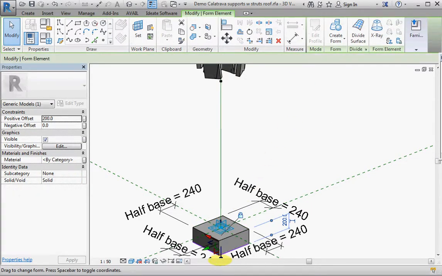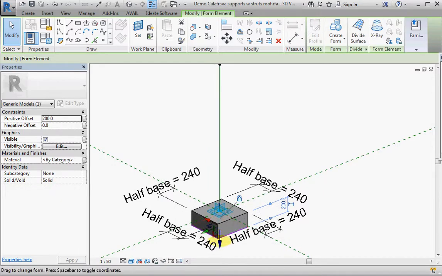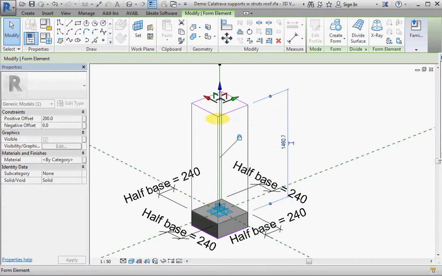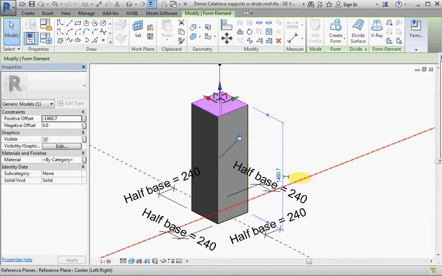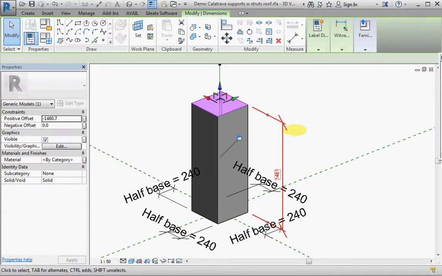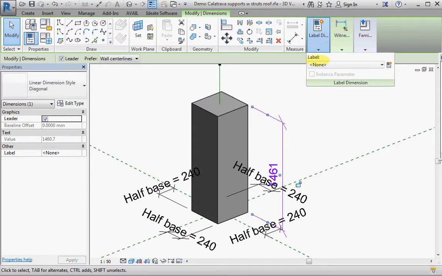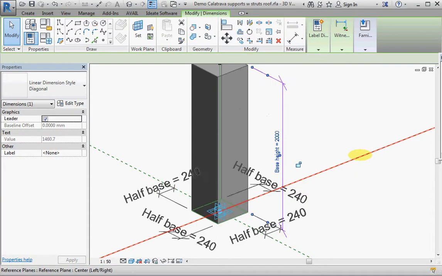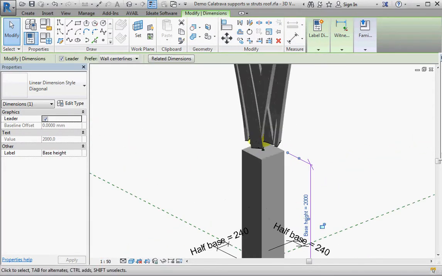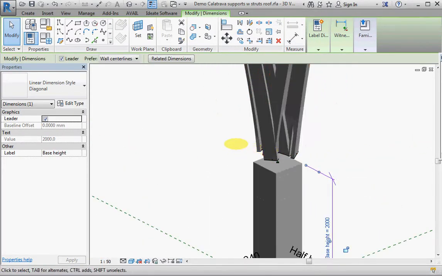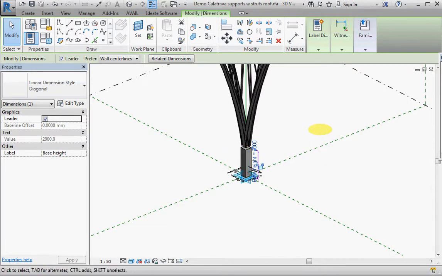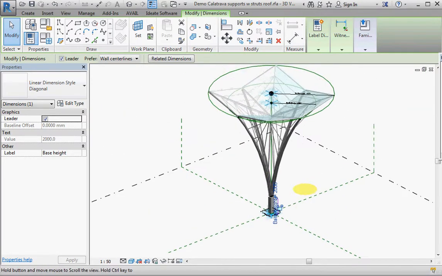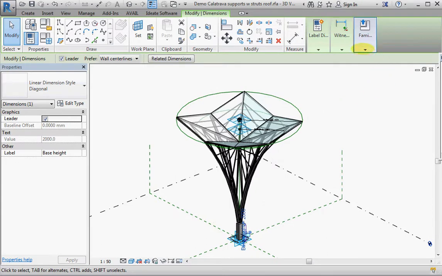It seems to have made that go down instead of up, but that's okay. So now we have a temporary dimension that it's created, so we can click on that, turn that into a real dimension. We've got one here called base height, and there's a little allowance there for some joint, but we're not going to make that at the moment. So there we have our component ready to go. So we will load that into project,